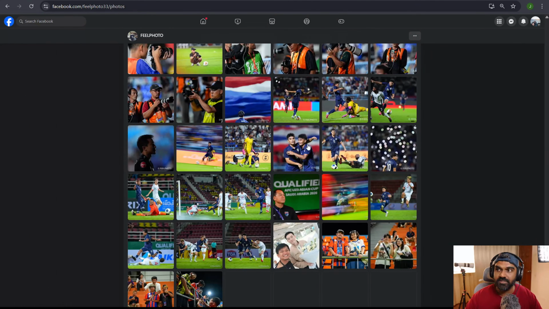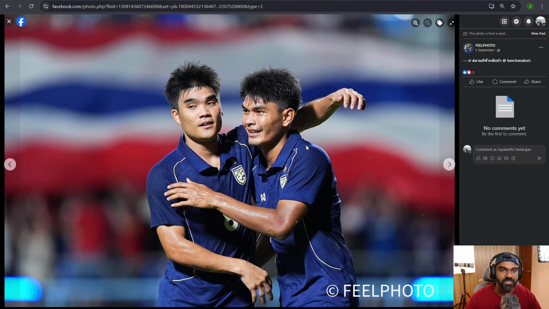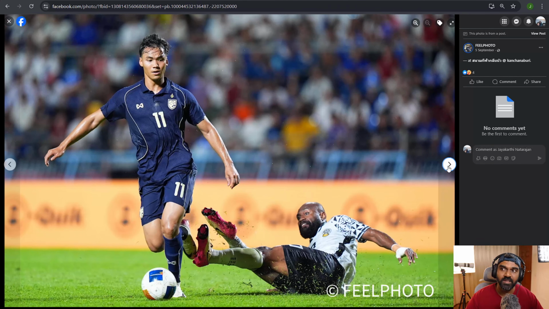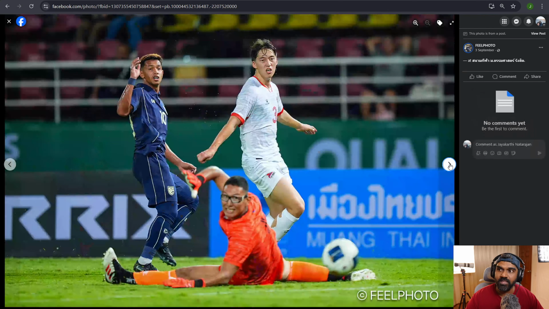So this is his Facebook profile, and look at some of his photos, right? These kind of photos are JPEGs. He has never shot any raw images in a long time, right? In 4 or 5 years, he has not shot one raw photo. All these are JPEGs. So after looking at all these JPEG photos, I decided for this specific sport, or whenever I'm shooting sport with cameras like the A7C2 or A7CR, I'm going to stick with JPEGs and not raw files.